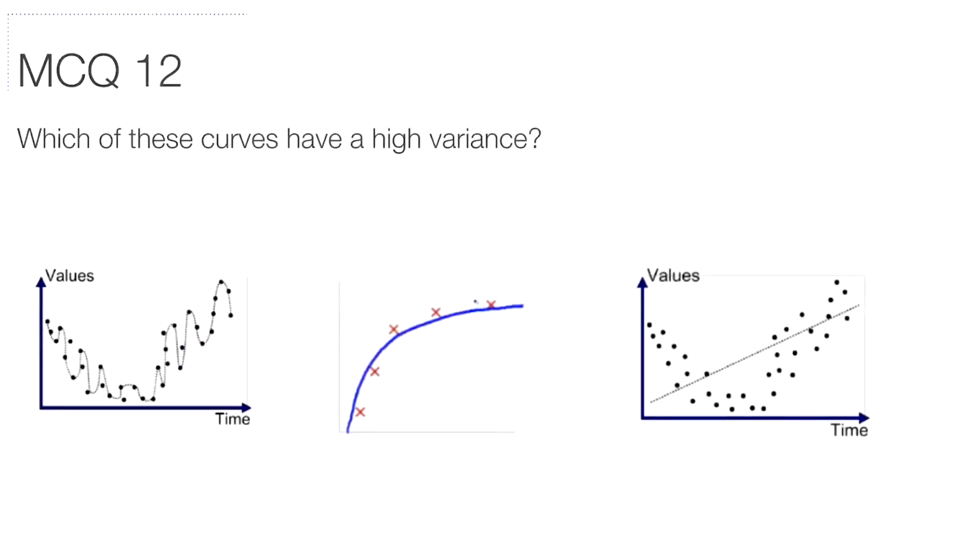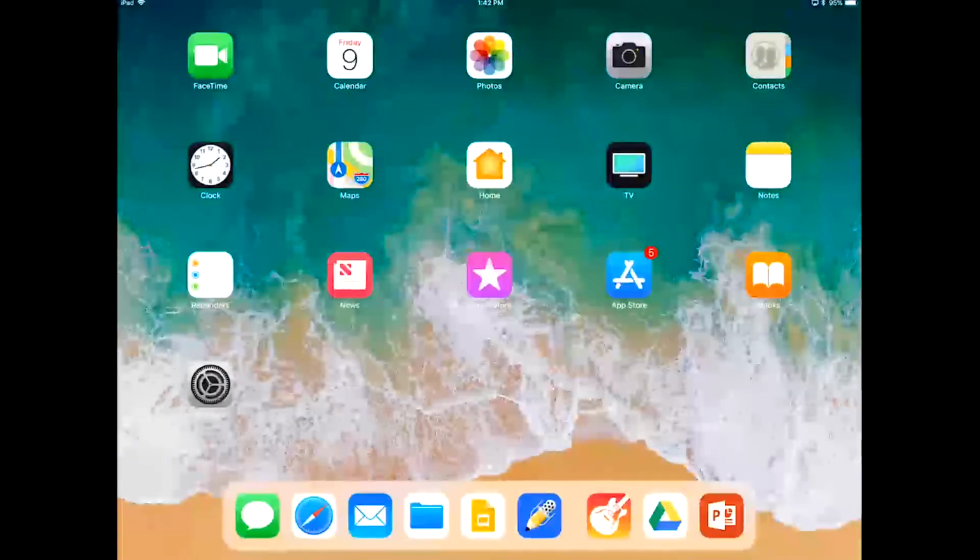Which of these curves have very high variance? When you're fitting the curve, you notice that it has a very high variance. Which one has a high variance? What is overfitting? When you fit every single data point, it's called overfitting, right? And when you fit no data points, it's called underfitting. When you fit every single data point, it's called high variance, and hence 1. All right, you guys passed, which means we can go to the next